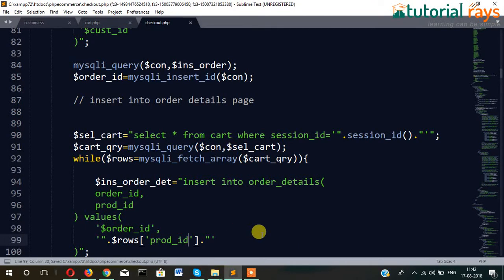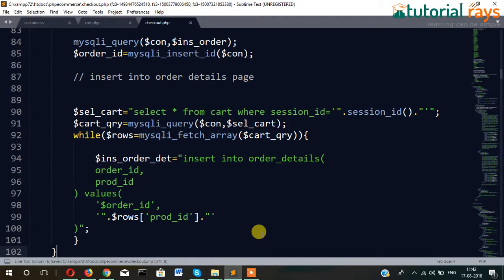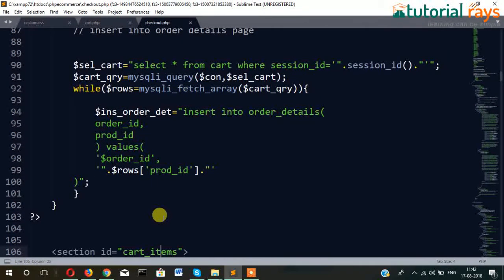Why are we getting this prod ID? Because this prod ID is inside cart table. So let's understand this way. What we are doing here, we are fetching all the data from cart table which is in the current session. That means which we have currently added into cart. So that has been stored in cart table. So now we are fetching from cart table and ultimately inserting into order details table. Okay. And finally